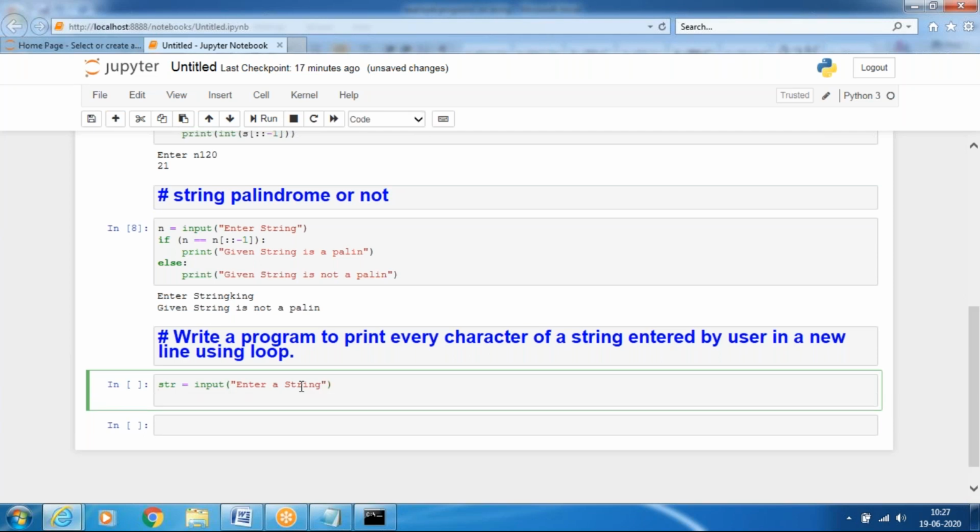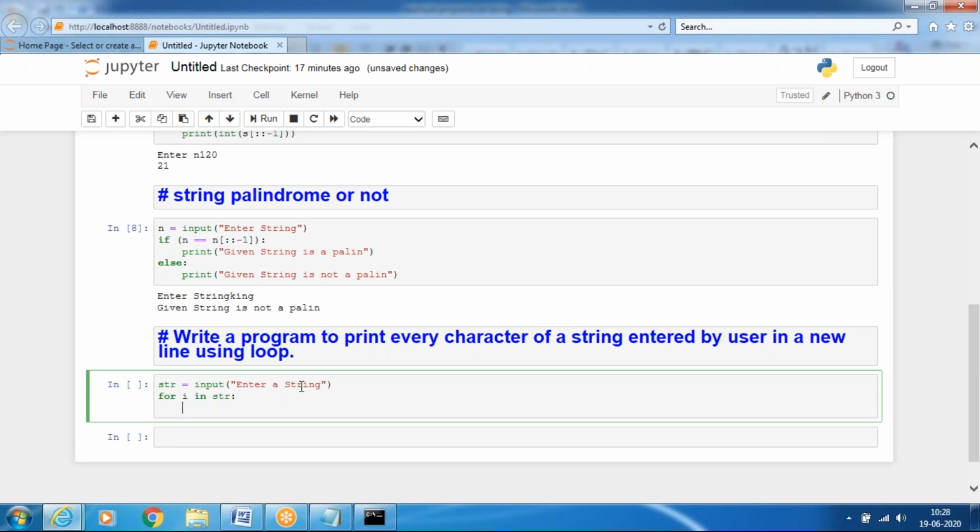Write a program to print every character of a string entered, in a new line. So for i in str colon print str of i, every character. Run the program.